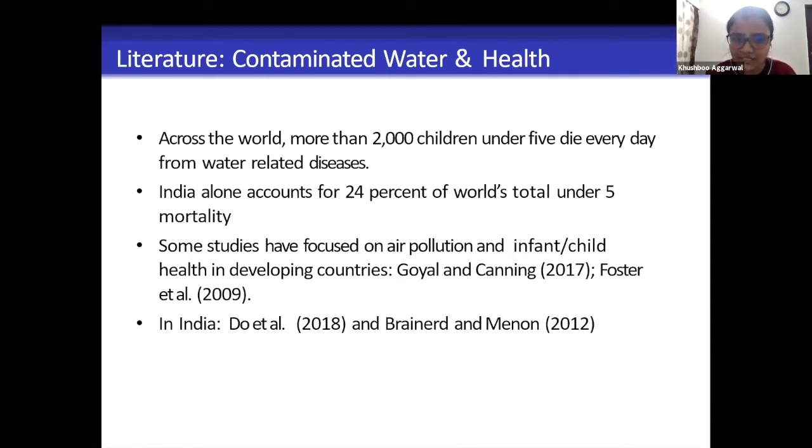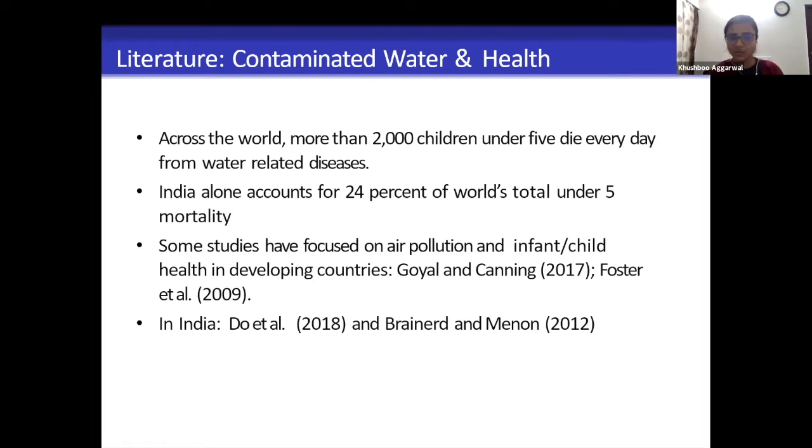Another study by Foster and others in 2009 shows how clean industry certification programs lead to lower levels of air pollution, which in turn might lead to lower incidence of respiratory diseases amongst infants